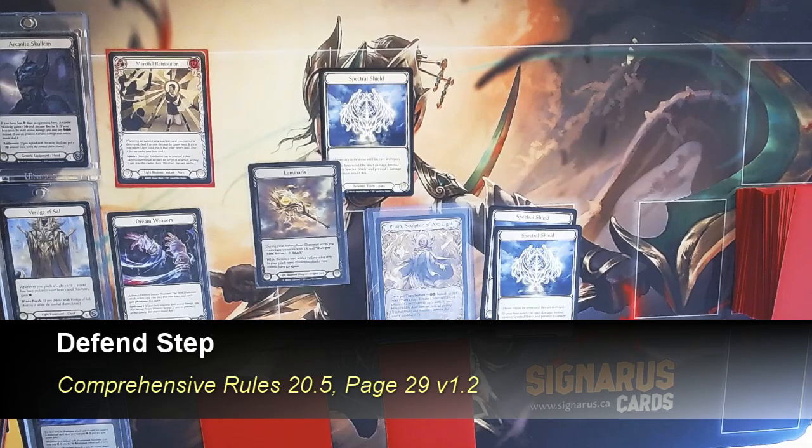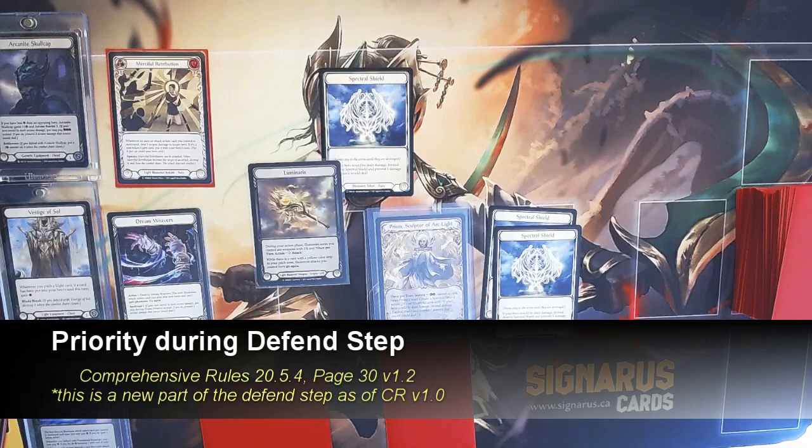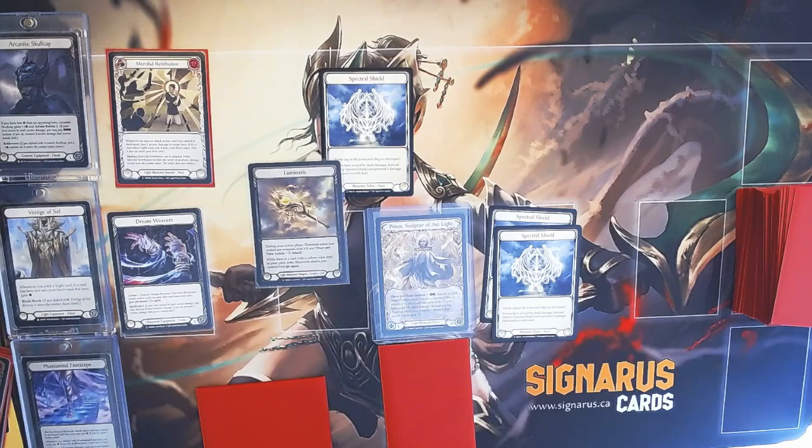During the defend step, the defending player chooses cards and equipment to defend with. I will not go into detail on defending as we are focused on priority for this video. Once all defending cards are declared and triggers have resolved, the turn player will get priority to play and activate instants. There are a couple cards that can be played that may affect the attack or defense values of cards